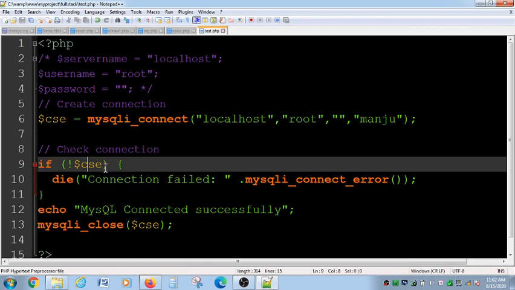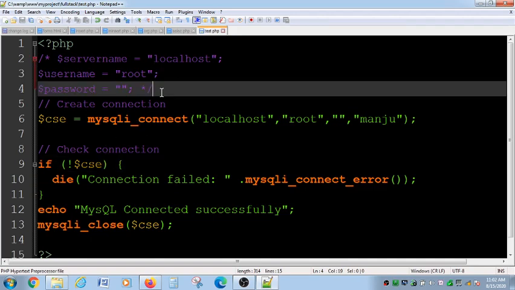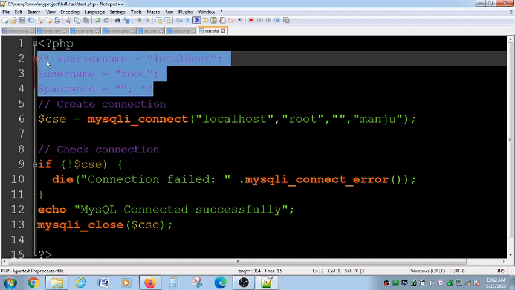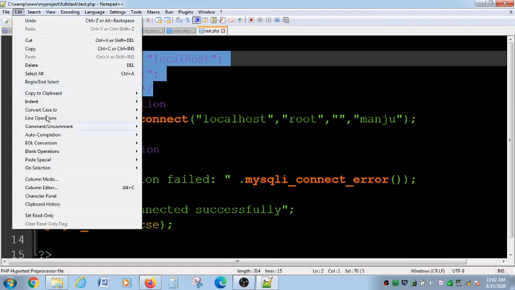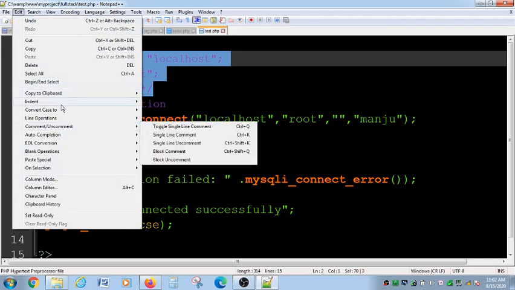So now I think you got the need for all these statements. Now we'll improvise this further by making these lines. So I will just uncomment this line which I originally used.